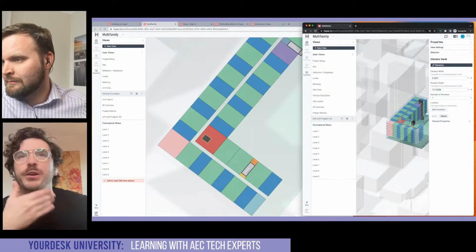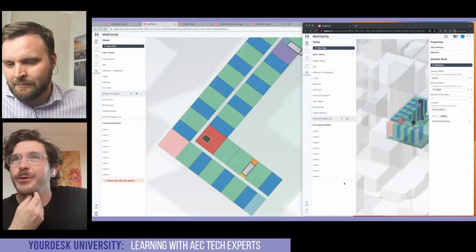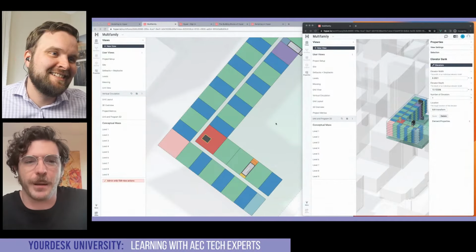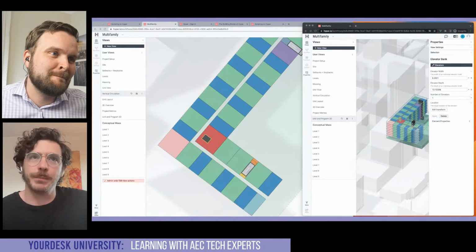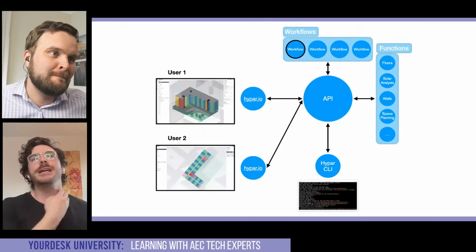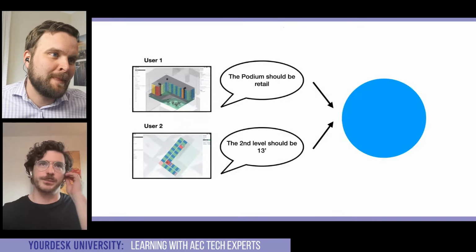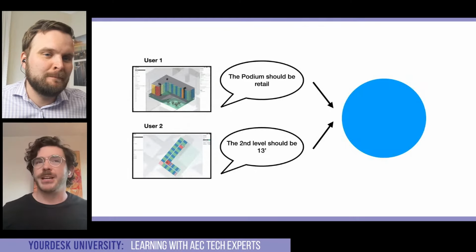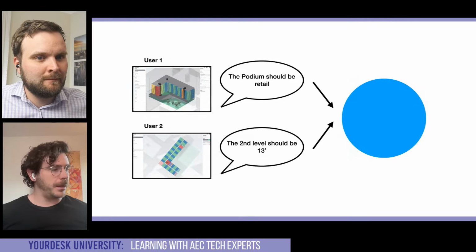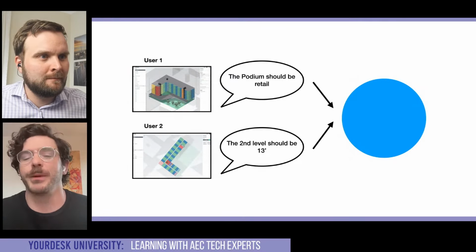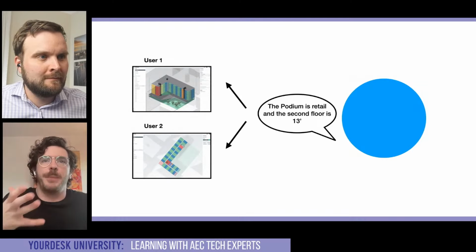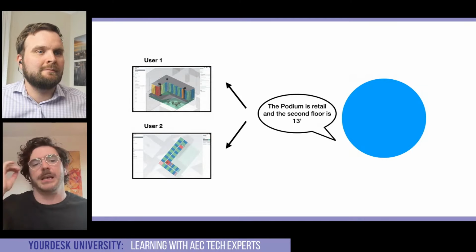Yeah, so maybe it seems like a hard problem to you, or maybe it seems like an easy problem. I assure you it's a pretty complicated problem to make this work reliably. Because let's imagine we're two users working on this project, and we both make changes at the same time. There has to be some sort of central source of truth, represented here by the big blue dot, which can turn around and say, okay, I'm going to combine these two changes and send you both back a thing which reflects both of those changes.